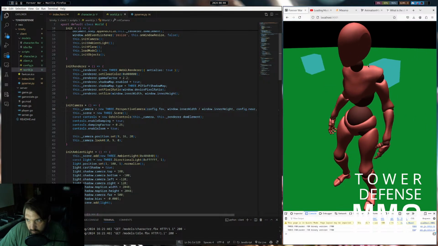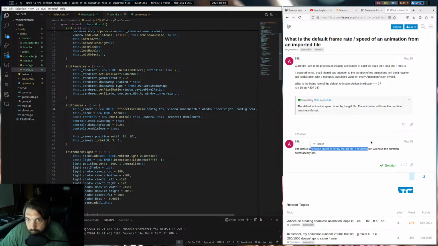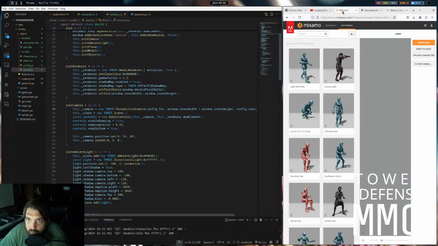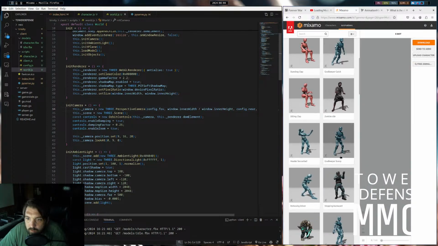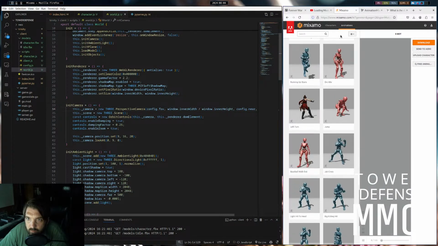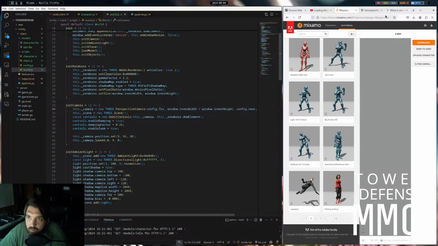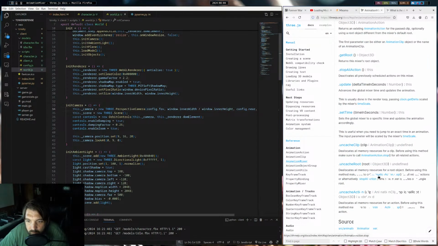Like, this is gonna drive me crazy. The default speed is set by the GLTF, so I wonder if we idle it. I don't like this answer. That just doesn't sound right to me. Like, we should be able to control